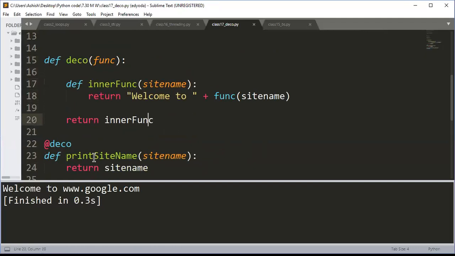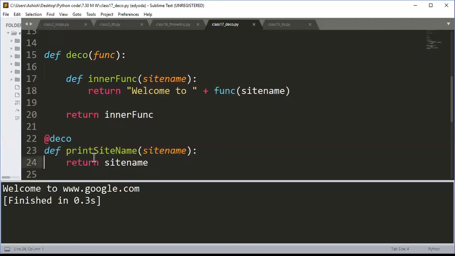So whenever I'm writing this inner func, this is my another function call. So when it goes to the decorator, it cannot execute these two statements unless and until obviously there is a function call. Okay, so return inner func, that means this is a function call. Okay, it will go here, it will calculate these two things, that is welcome to, okay, and function call. So when I give call to this function, it will go here and return site name, right? So that means I will get google.com here, append welcome to plus google.com, and there is a return where it will return